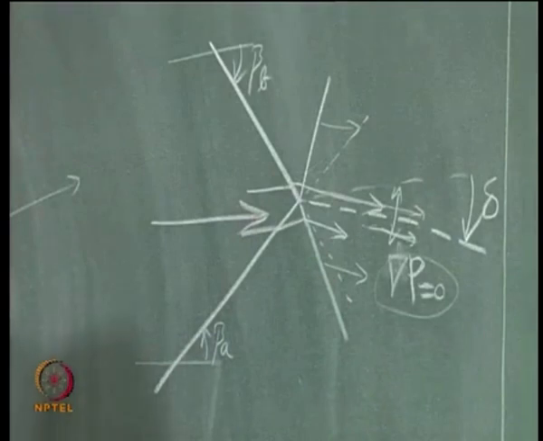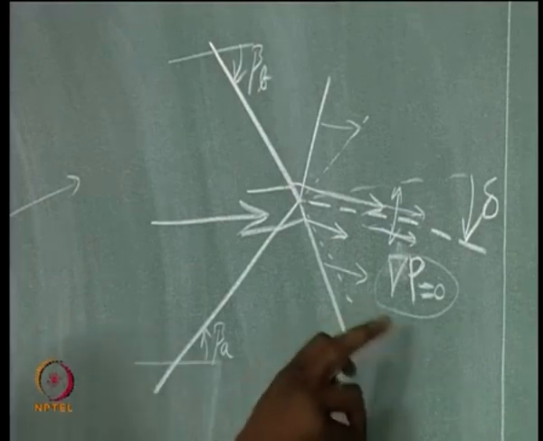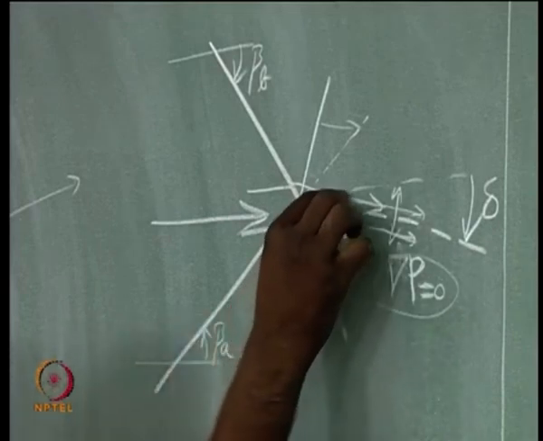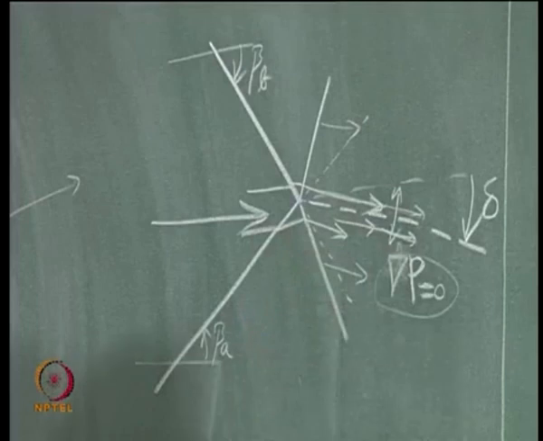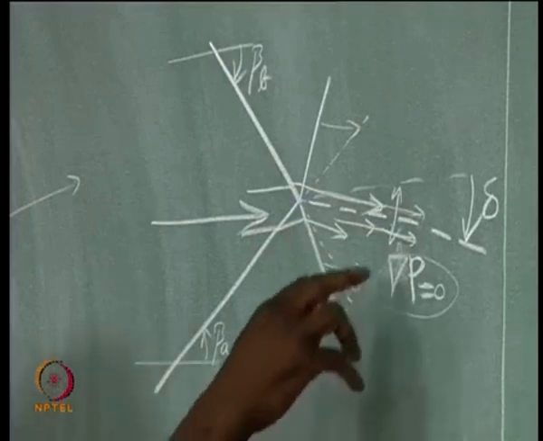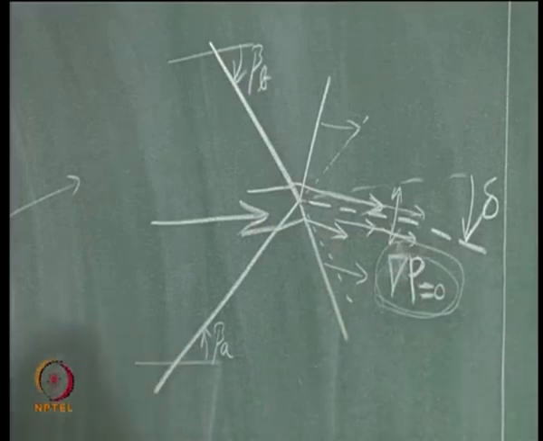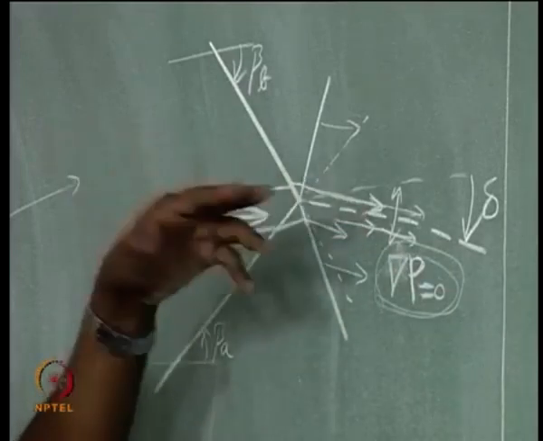We are talking only steady gas dynamics as of now, we are not talking unsteady gas dynamics, we will talk about that towards the end of the course. So that is one condition. Then what should be the other condition? Actually velocities are parallel, that is one condition, and pressures must be equal, this is the other condition I am going to look at. These are the two conditions I will look at.